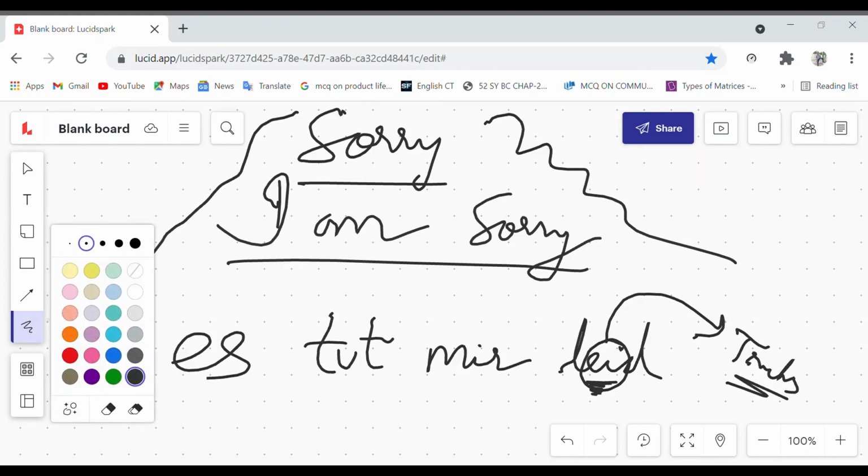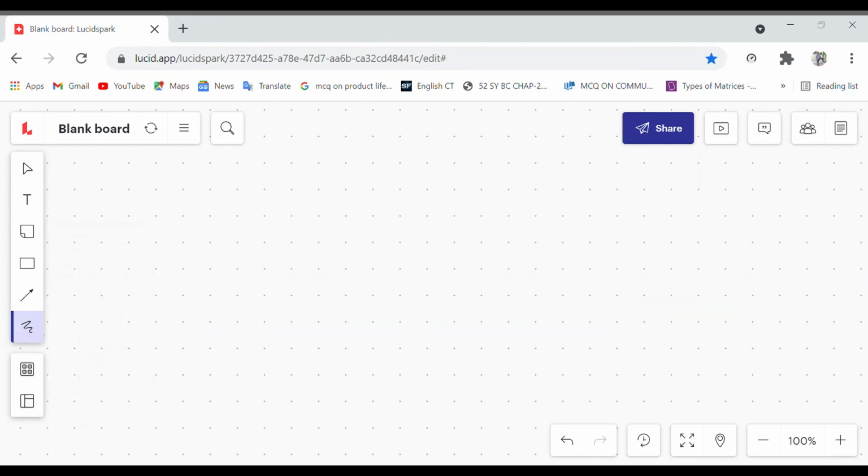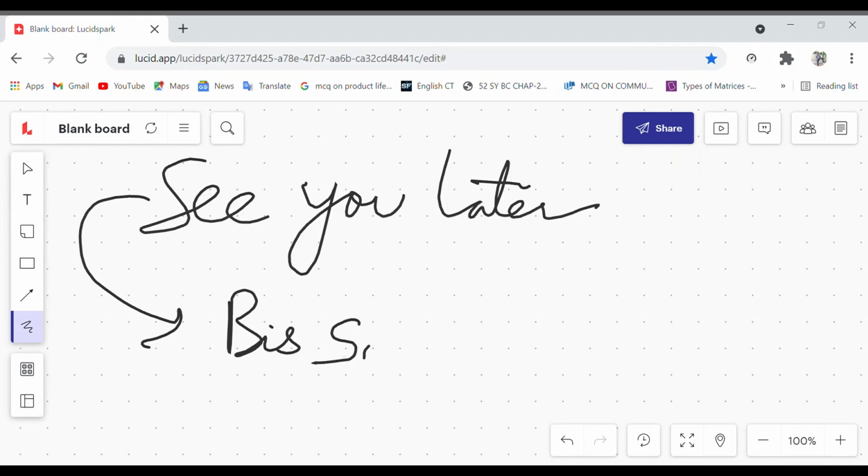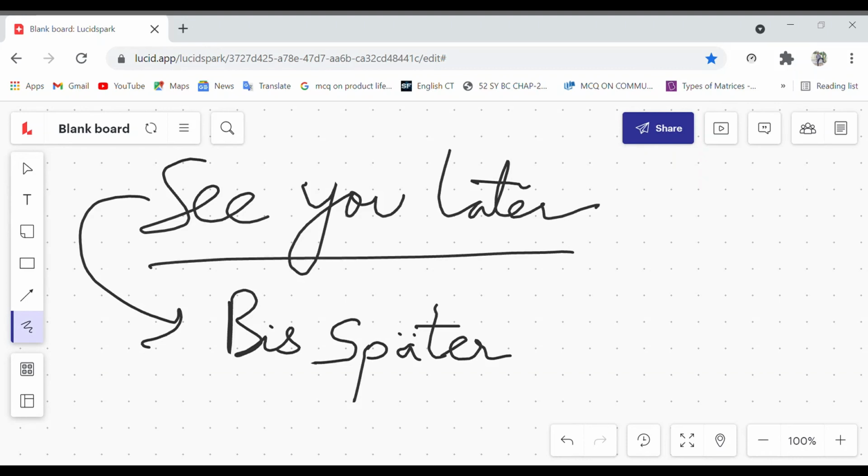Suppose you want to tell someone see you later in German, then how can you say it? Bis später, with two dots over the A. If you want to say see you later in German, then you need to say bis später.